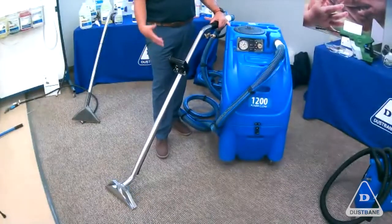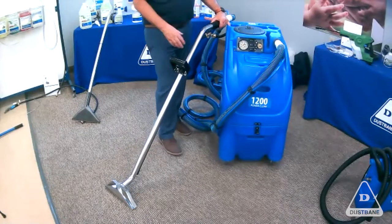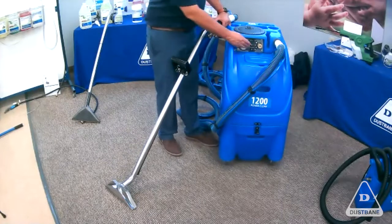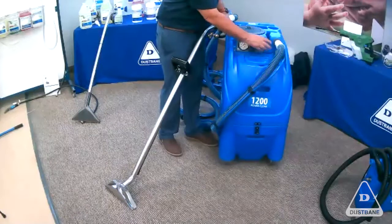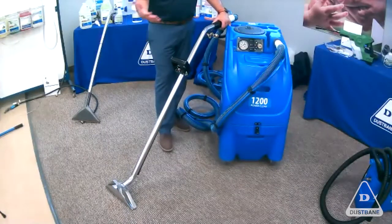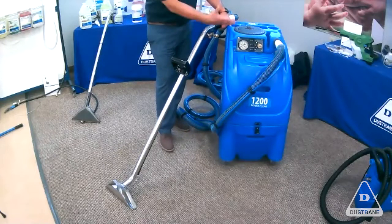People go out there and do cleaning over the weekend. They'll do the whole building, they'll do the whole floor. But this is the type of machine that has two motors, so a lot of suction, and then an adjustable pump, so you can go from 100 psi to 500 psi. I call this the machine for the professional, the commercial professional, the people that are out there doing carpet all the time. It's a workhorse, rotationally molded,